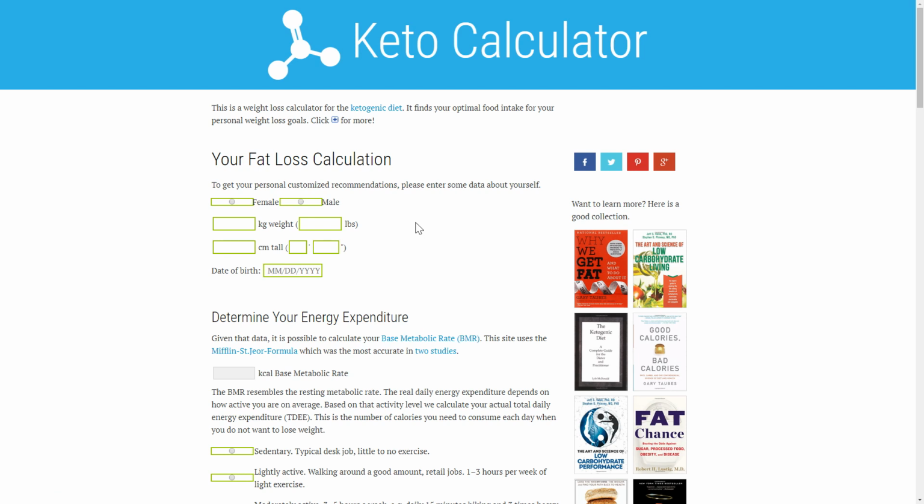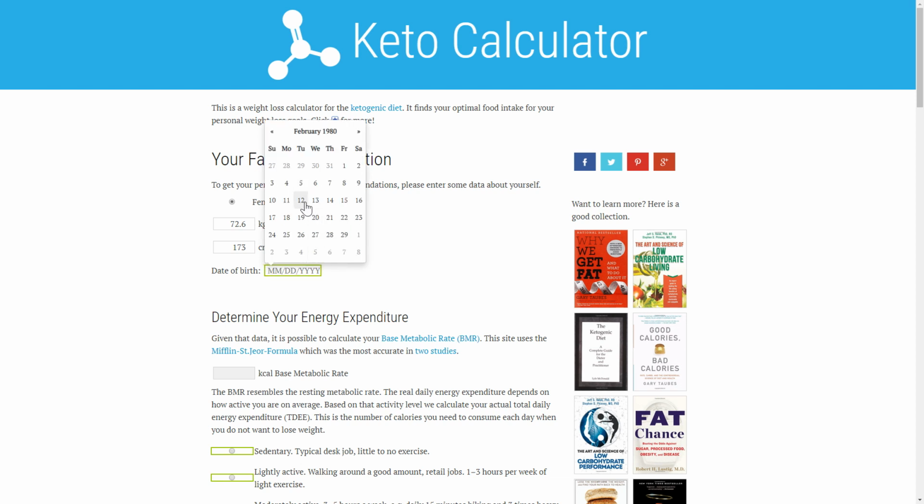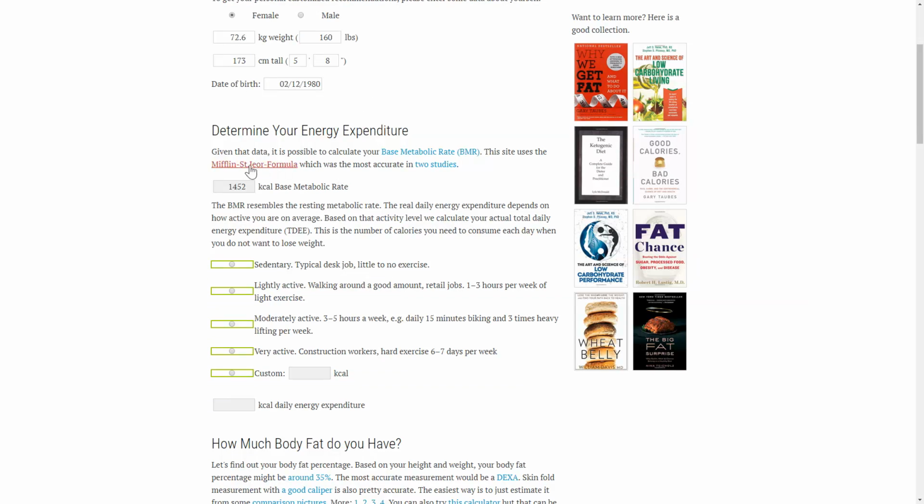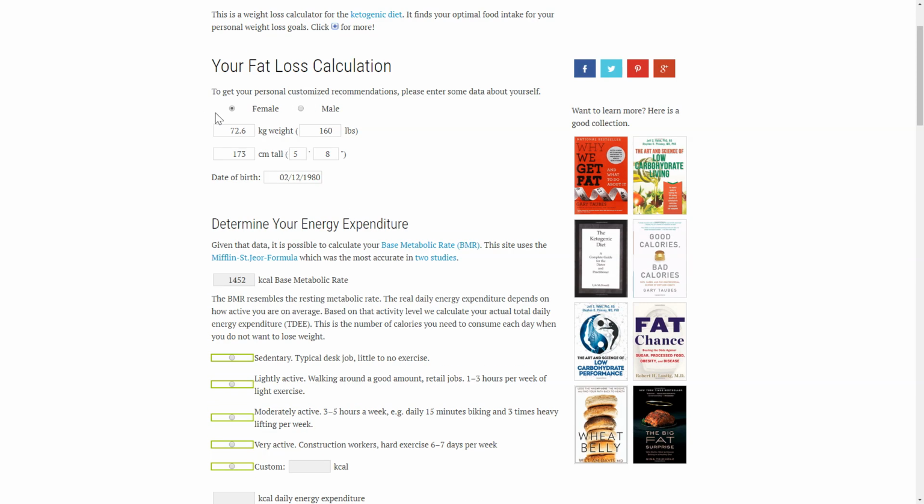So let's take, for example, you're a female, you weigh 160 pounds, you are 5'8", you were born in 1980 on February 12th. Why not? So they're making an estimate that you have a base metabolic rate, based on your gender, your weight, your height, and your age, of about